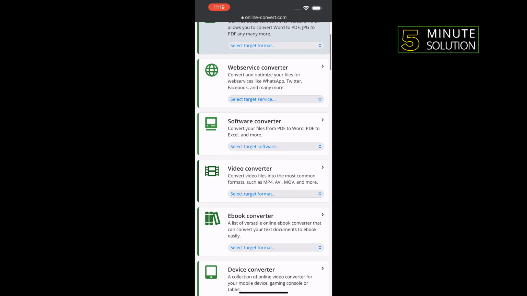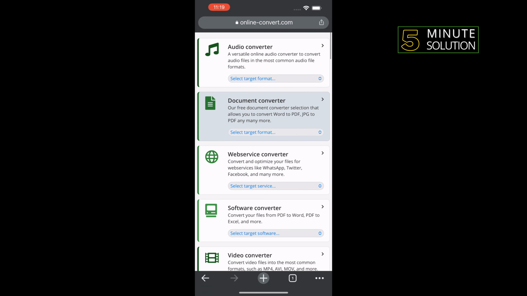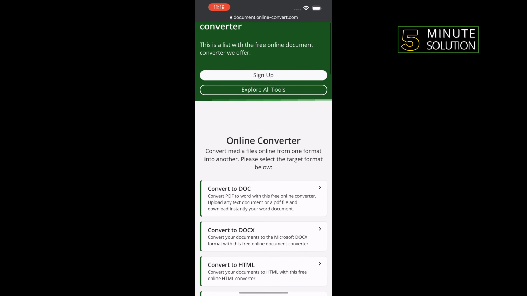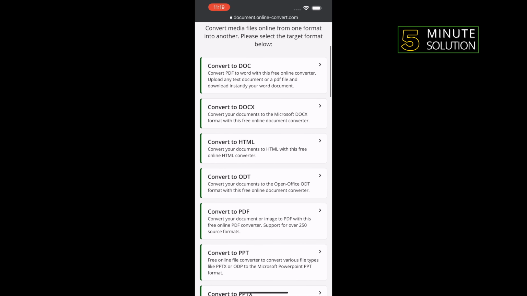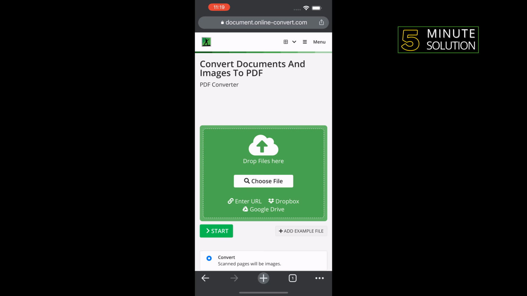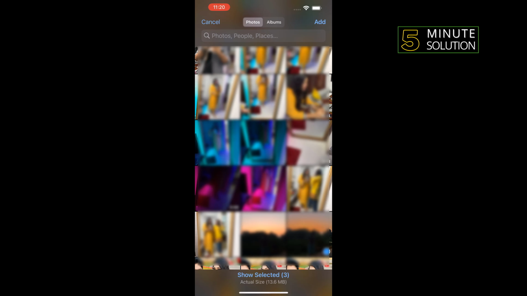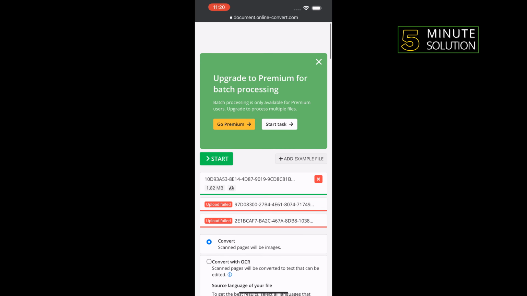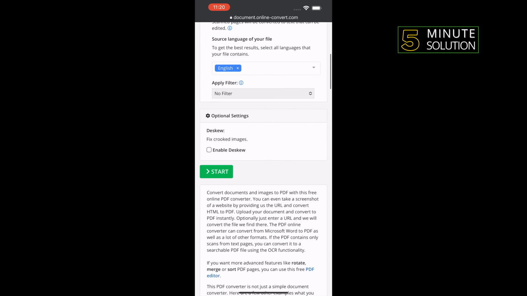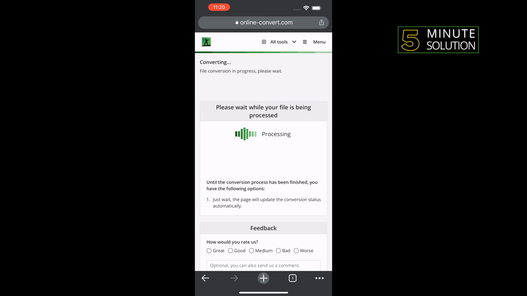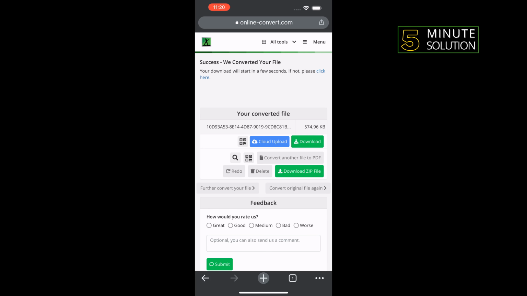So I'm gonna tap on document converter and select convert to PDF. Choose file, photo library, and I'm gonna select the photo, add, and scroll down, tap on start, and it may take some time to process the file, and then tap on download,